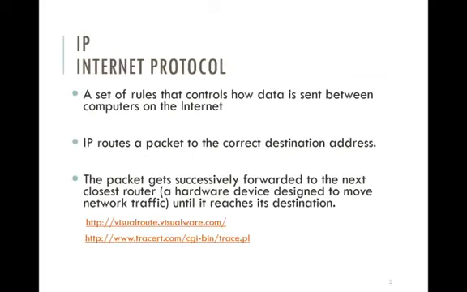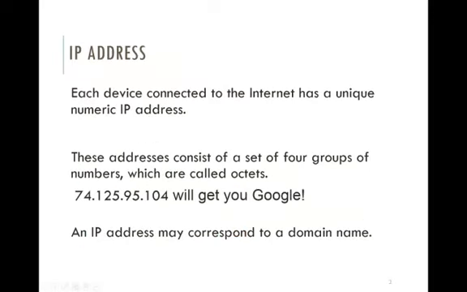Whereas Internet Protocol is a set of rules that control how data is sent between computers on the Internet. The IP will route the packet to the correct destination address, and the packet gets successfully forwarded to the next closest router, which is a hardware device designed to move network traffic until it reaches its destination. Each computer on the Internet is assigned a unique numeric IP address. For example, the computer that hosts Google is assigned